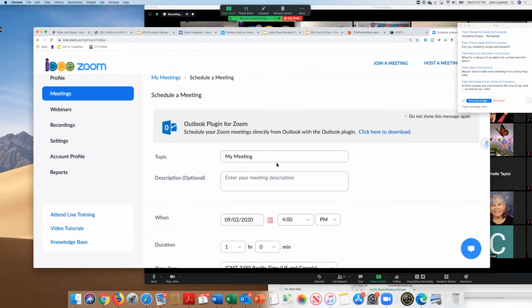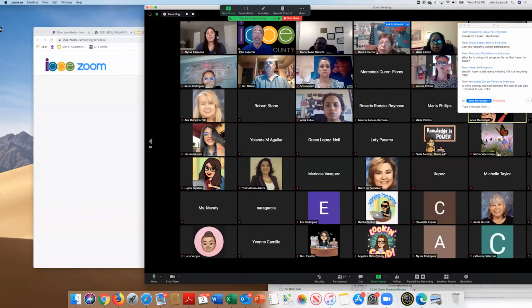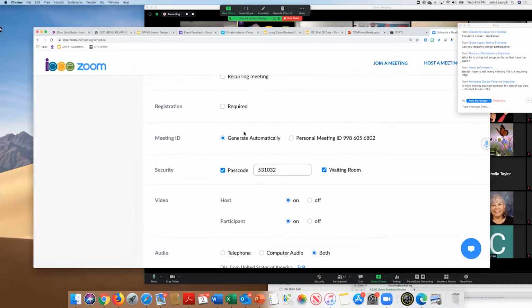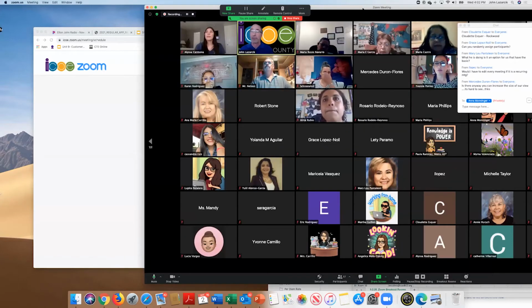This is for a different one, yeah, you're right. I set it up so that when you logged into this meeting, you had to put a passcode in. It's another layer of protection. You guys may have heard of Zoom bombing. You definitely don't want to get Zoom bombed in one of your meetings. So that passcode is another layer of protection that the kids have to have, and you did too to log on. What mine is set up to do is, every time I have a meeting, if I put a passcode, it just generates another random passcode for the next meeting.